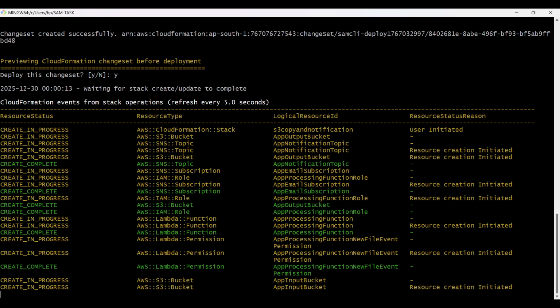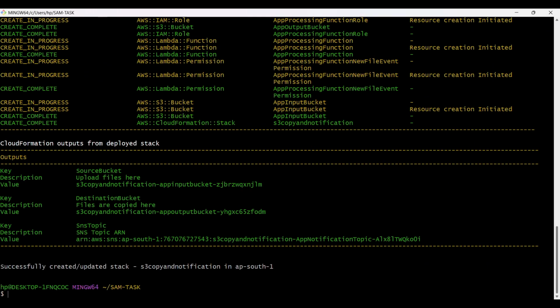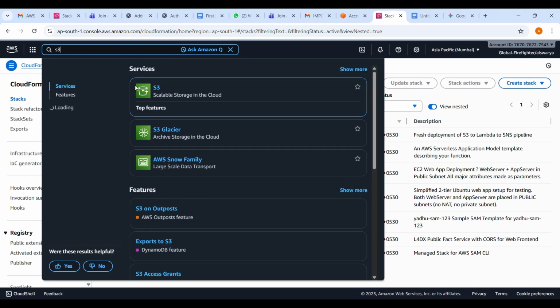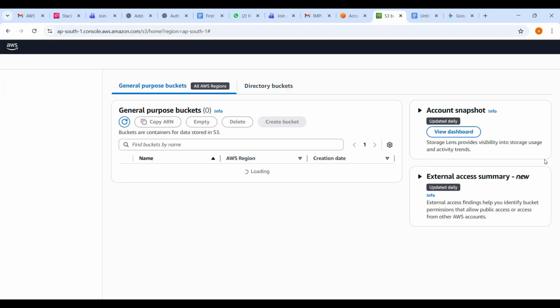Now let's move to testing the application. First, confirm that the CloudFormation stack is created successfully. You can check this in the CloudFormation console and make sure the stack status is CREATE_COMPLETE. Once the stack is ready,